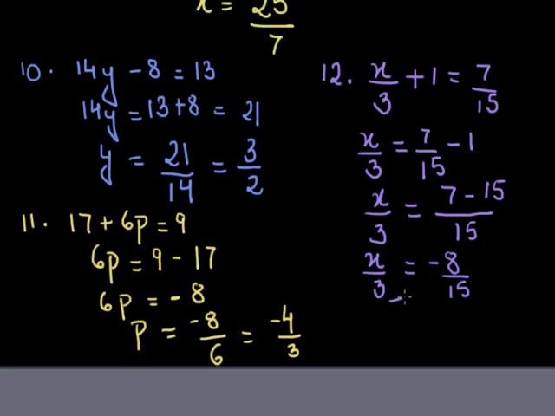Now what I can do is, I can cross multiply 3 to the right hand side. So x is equal to 3 into -8 upon 15. I can cancel 3 and 15. 3 5s are 15. So it will become -8 upon 5. Okay. So this is the first exercise of linear equation in one variable.